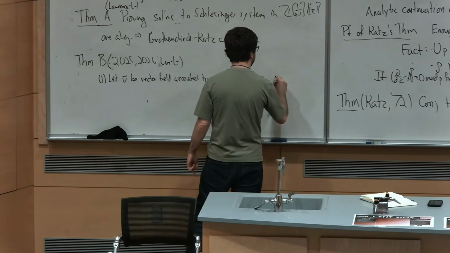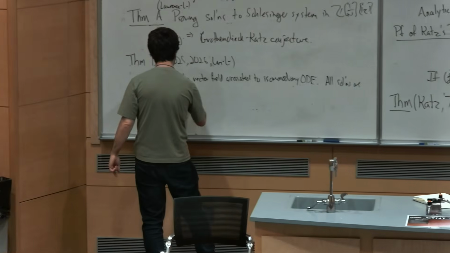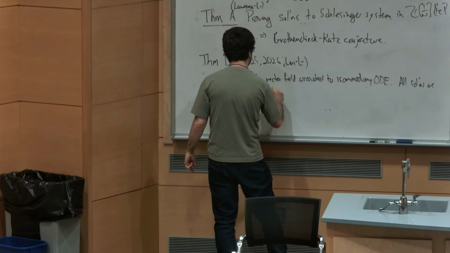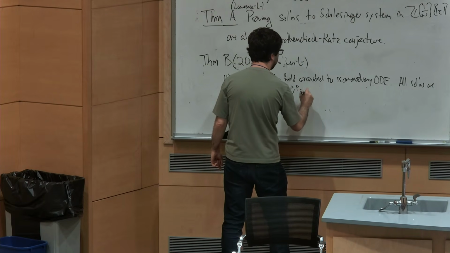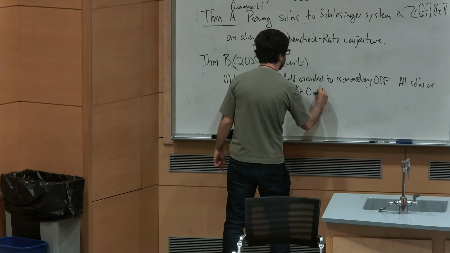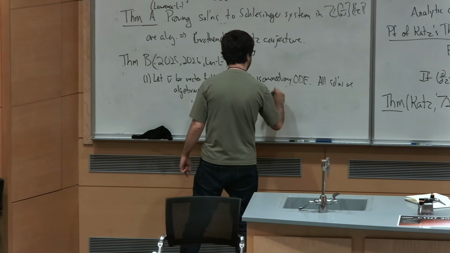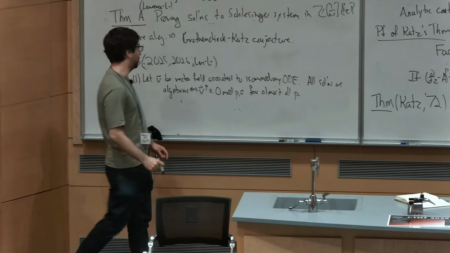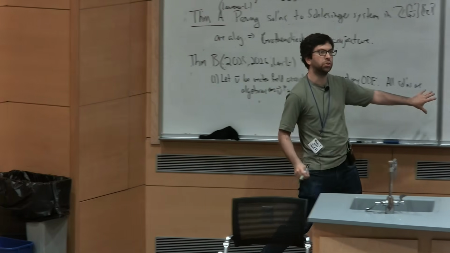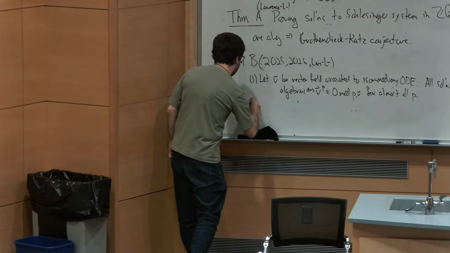Then one, all solutions are algebraic if and only if this condition we saw in the beginning holds: V to the p is equal to 0 mod p for almost all primes p. Okay, so you should think of this as a nonlinear version of this theorem. And then two,